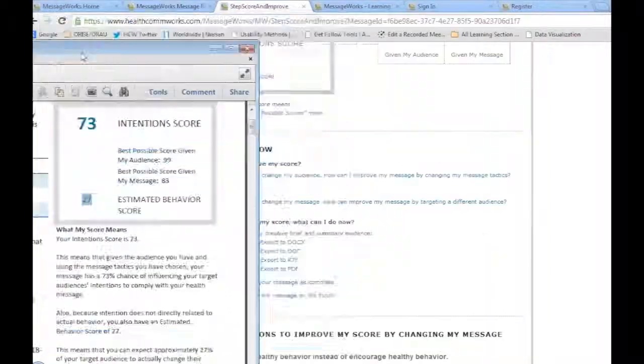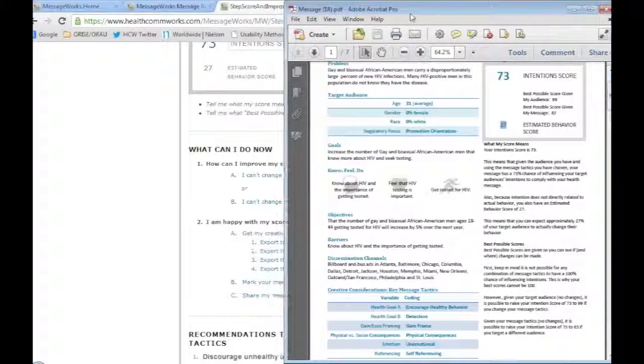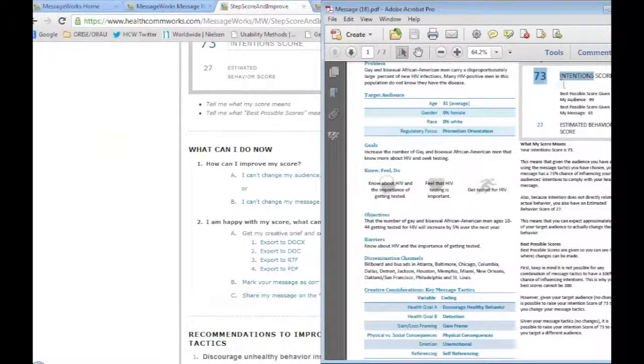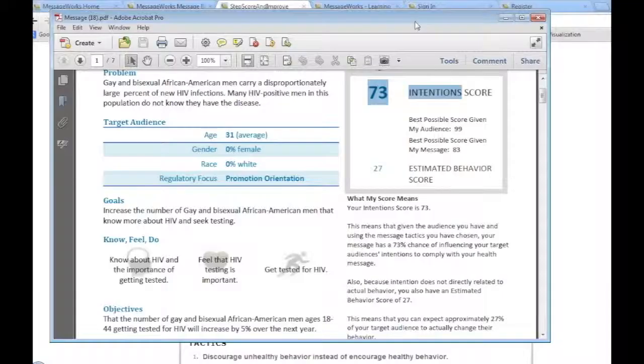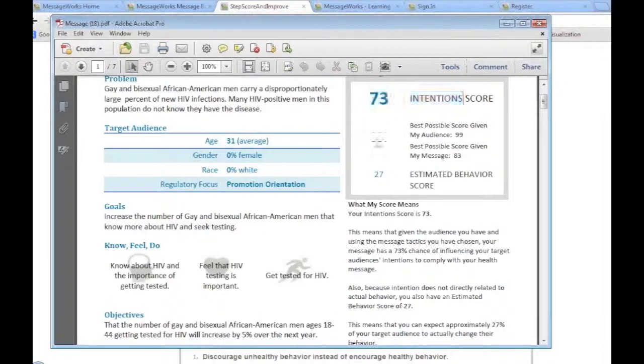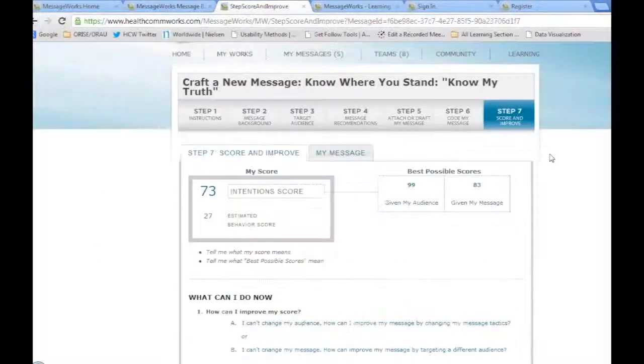I could do this multiple times and compare them side by side, 1, 2, 3, and I can see, well, this one scored 73, this one over here scored 80, and the other one scored 60. So maybe the one that scored 80 is where we should start our focus. When we go to our audience, maybe we should start there. So you can see where this tool provides you immediate feedback to increase the ability of your ranking of a message, to see which ones you might want to start with, to see which ones might make the best impact.